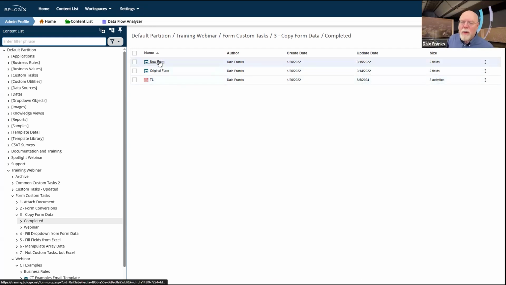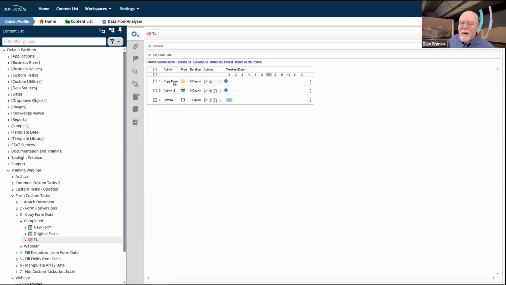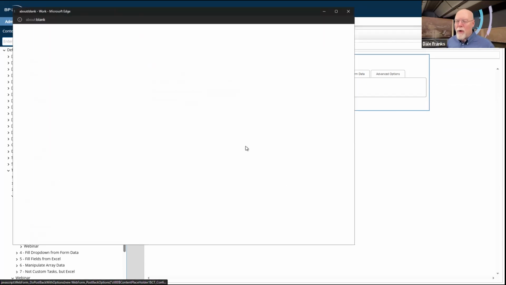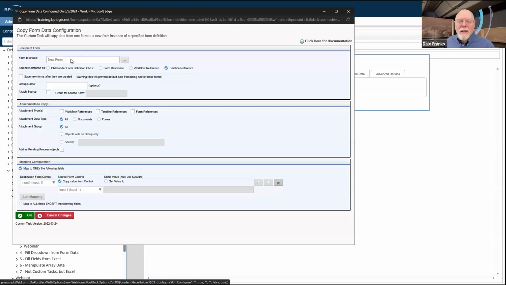But what I want to do is have somebody fill out this first form, submit the form, and then in the process timeline itself, I want to create a new form off of my original form. I'm going to create an instance of the new form, and copy some data from the old form to the new form.